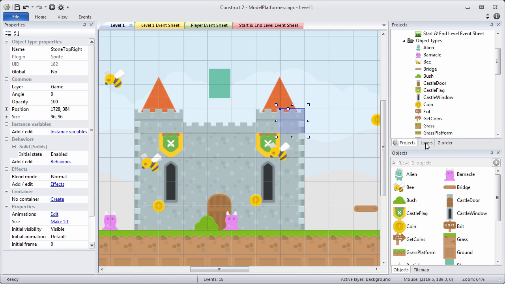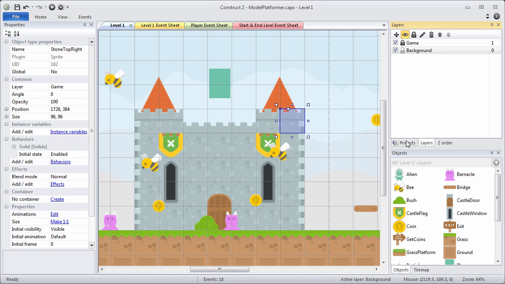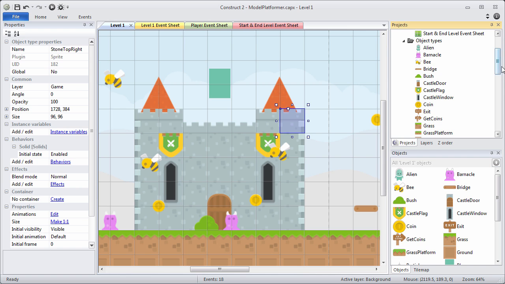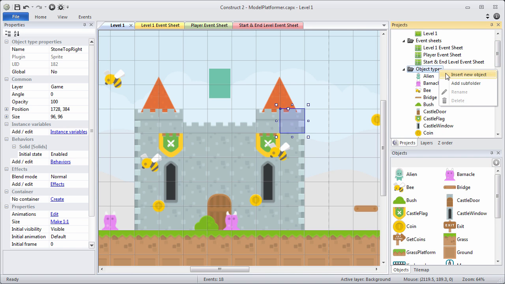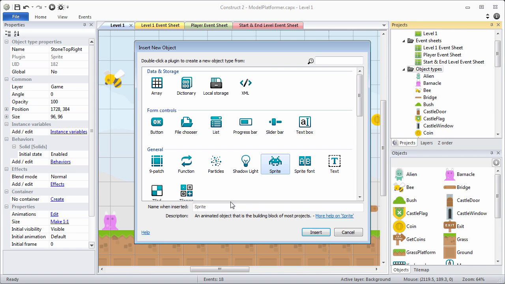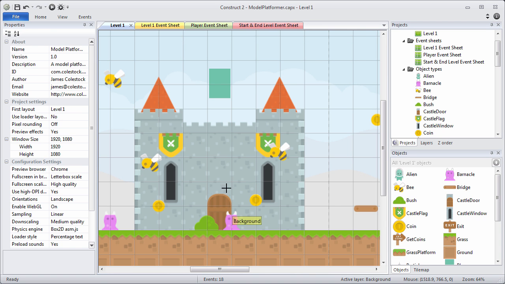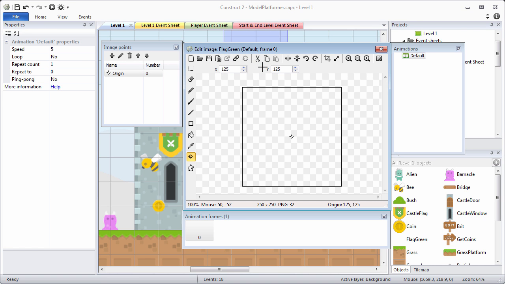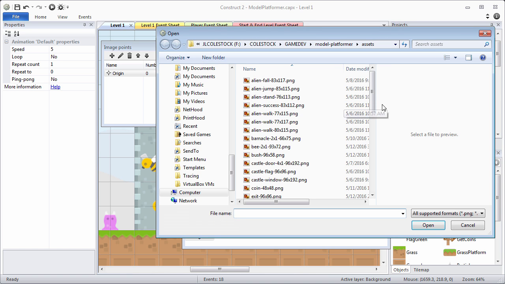The last thing we're going to do in this phase, we're going to make sure the background layer is active and unlocked. We're going to create the flags for our castle spire. Go to Object Types, choose Sprite. We're going to call it Flag Green, capital F, capital G. Click on the background. We're going to create an animation from 2 separate frames. So we need to go to our folder, and we need to find Flag Green,